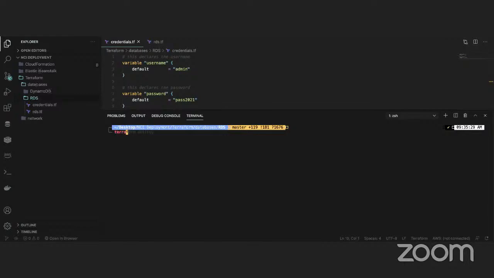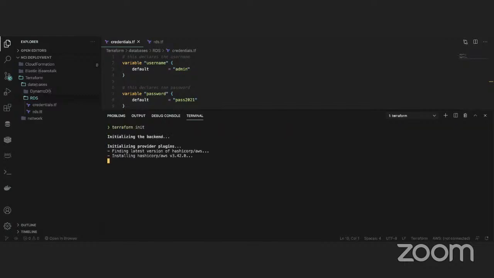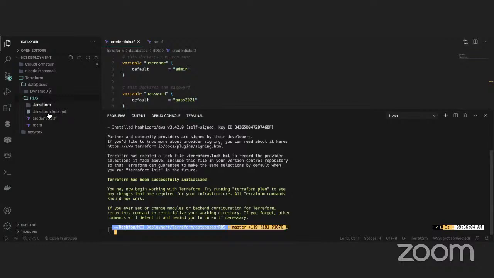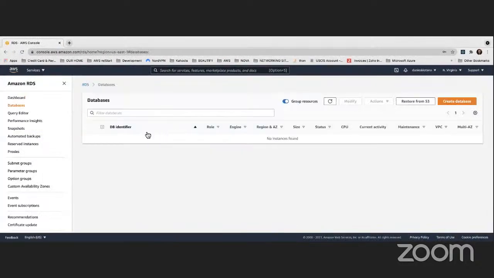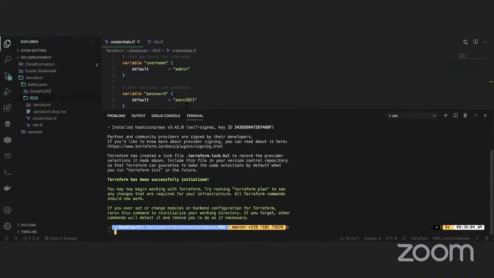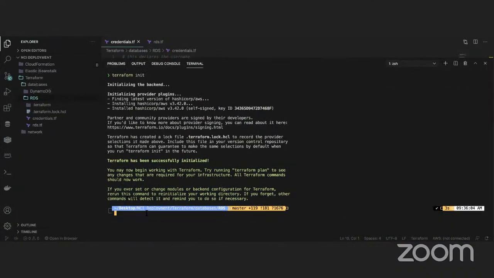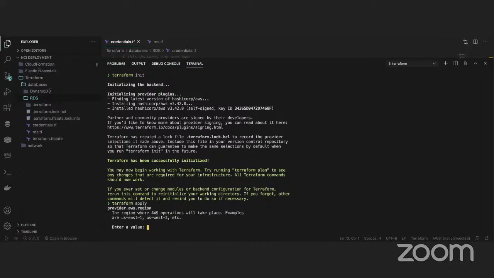So now we say terraform init, we have to initialize it, right? And that will create several files for me, as you can see here. So let me get ready and just go to databases. I don't have anything now. As soon as I start applying all the changes, I will refresh and you'll see how it shows, right? So right now, I'm going to say terraform apply, and that will show me everything that's going to be added, and then I just need to